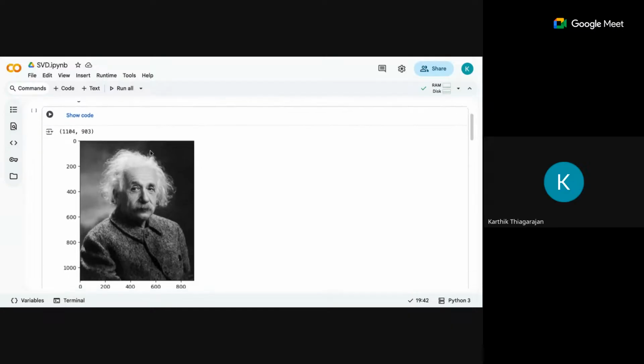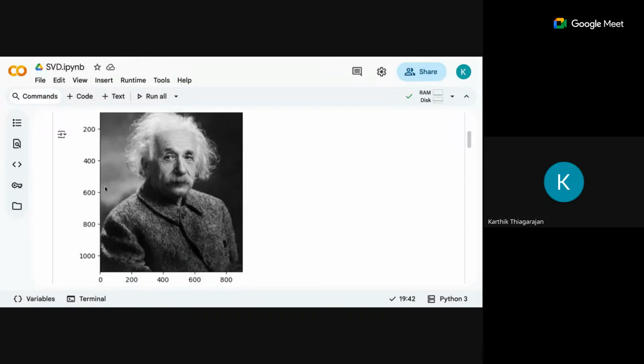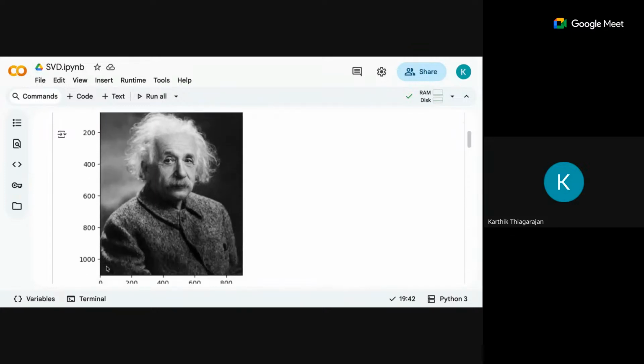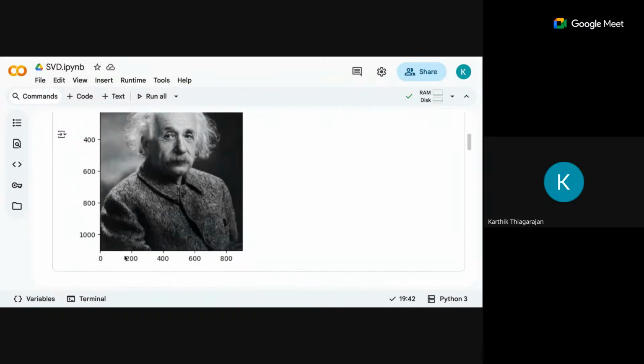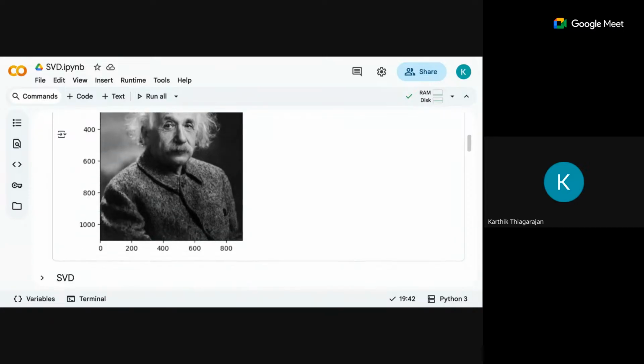Okay, so this is an image of Mr. Einstein. 1,004 cross 903 pixels are there. This is a matrix. If you look at this matrix, there are 1,100 rows and 900 columns approximately. Each pixel here, you are not able to see the pixels because there are 1 million of them roughly, but everything is a value between 0 and 255. So instead of representing the image as 1 million pixels, what you can do is first find